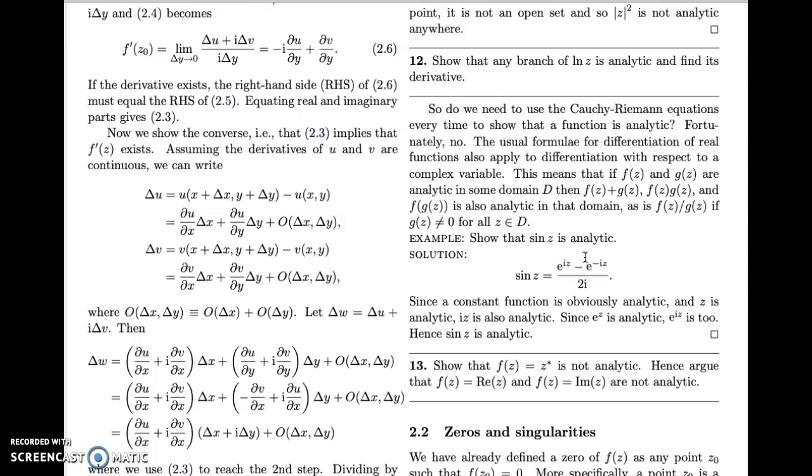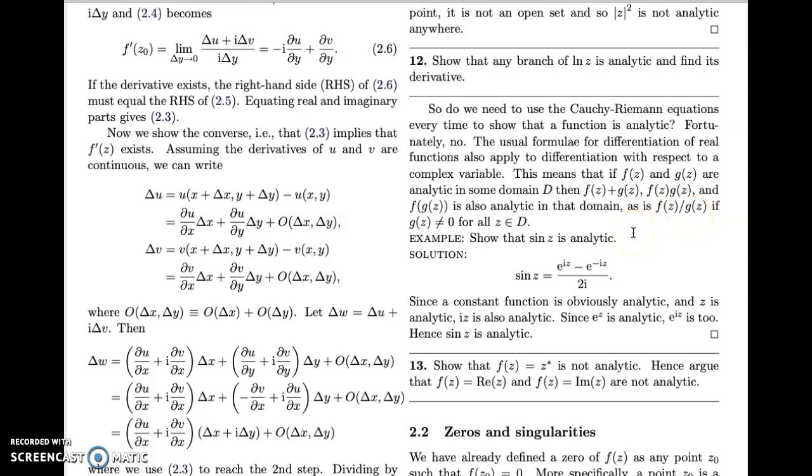So basically it means that if f and g are analytic in some domain D, then automatically f plus g, f times g, f of g are also analytic in that domain. F divided by g is analytic as long as g is not 0